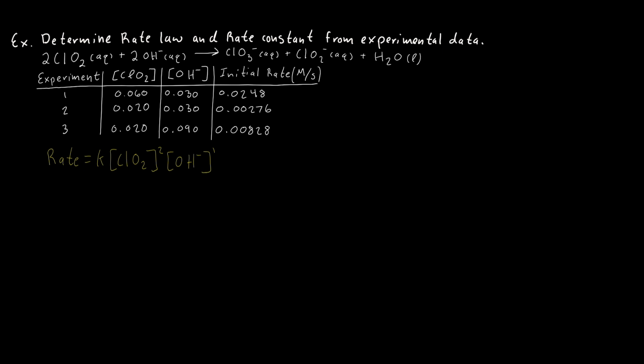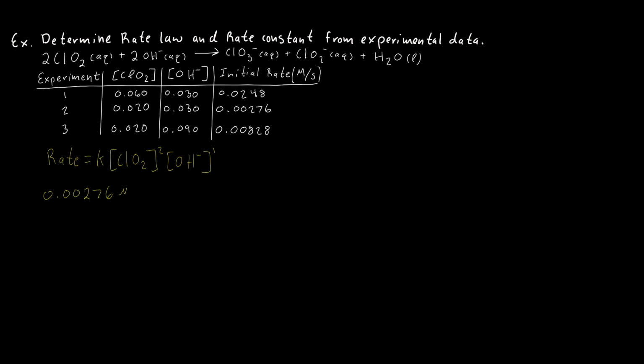Now that we determined the rate law, we have to solve for the rate constant, the K value. So to do this, we can just pick any of the experiments. Let's do experiment 2 and plug in everything we know. So the rate is